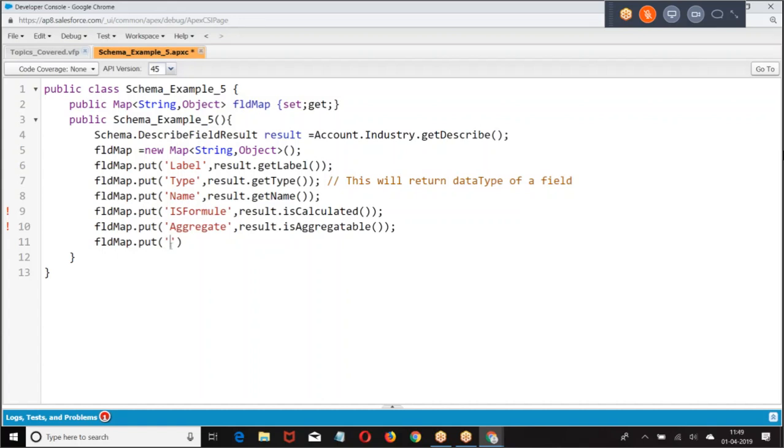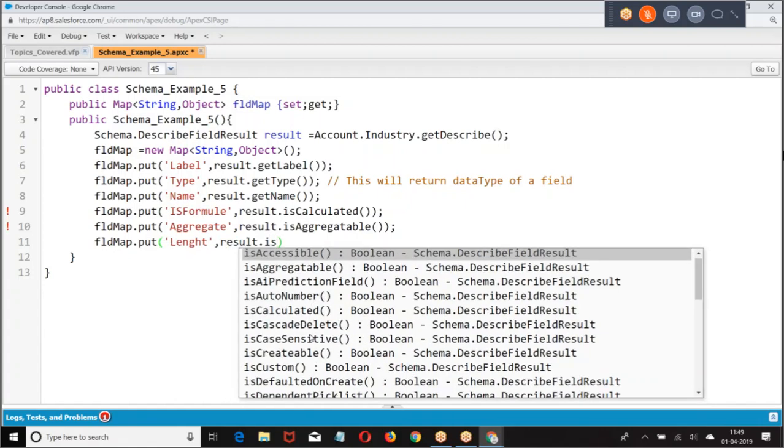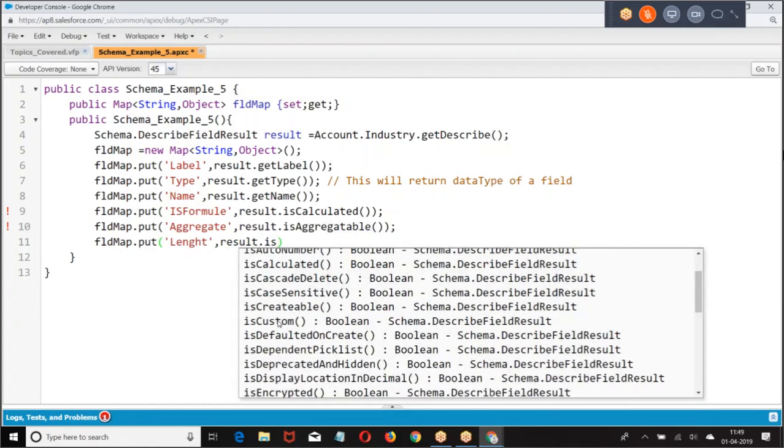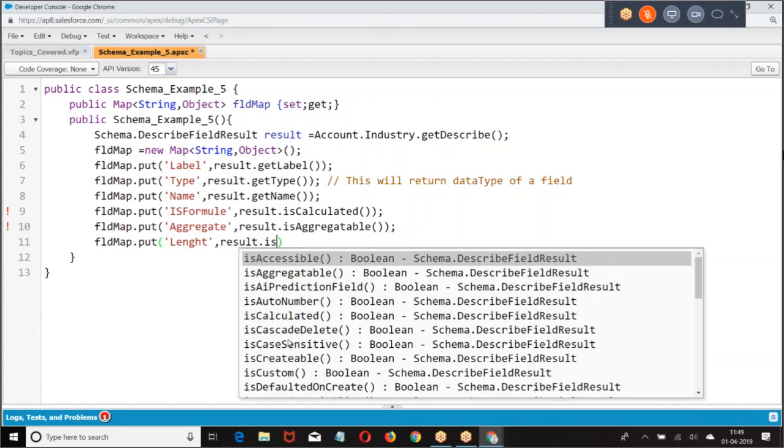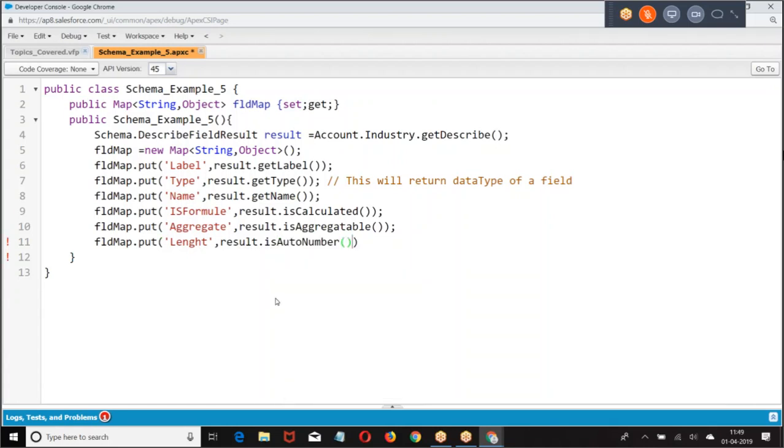Then I have length. Result.is, let us say case sensitive. Is it auto number? Now we are trying to get the properties of it.